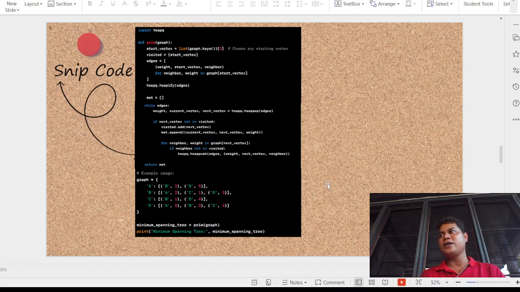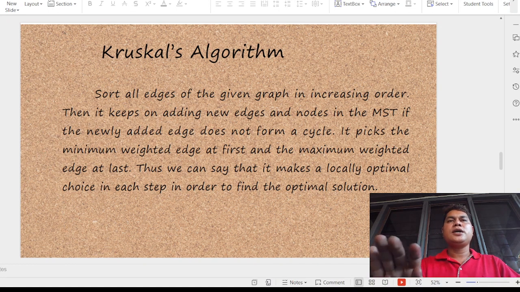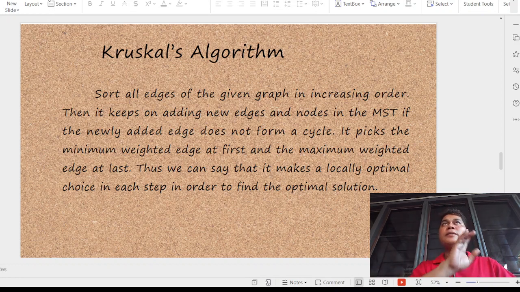So this implementation of Prim's algorithm grows the minimum spanning tree by iteratively adding the smallest edge that connects a visited vertex to an unvisited vertex, using a priority queue to efficiently select it. So that is how Prim's algorithm works in programming. Next is the last